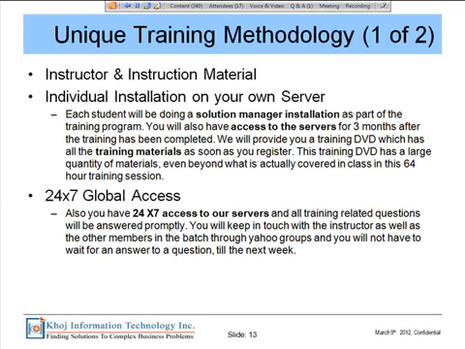You got 24/7 global access to our servers. So all the training related questions can be answered promptly, right? Because we use the Yahoo group. We have one of our systems admin in India and myself, right? We are continuously monitoring that Yahoo group and responding to any questions which are posted on it.